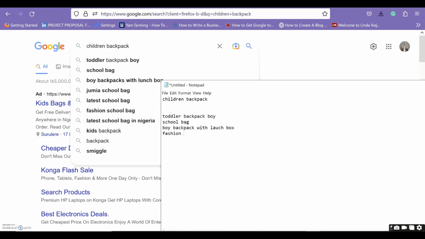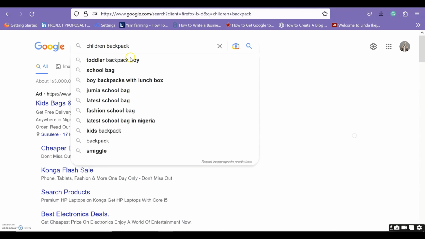So these are keywords already. We are seeing that people are actually typing on what? On Google. So when you type keywords like this, Google gives you a suggestion of other keywords that people are typing regarding your main keywords. But we are still sticking to our main keyword, children backpack. So what you need to do is just scroll down